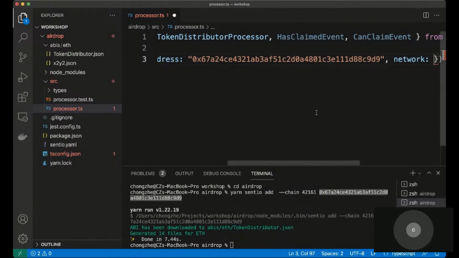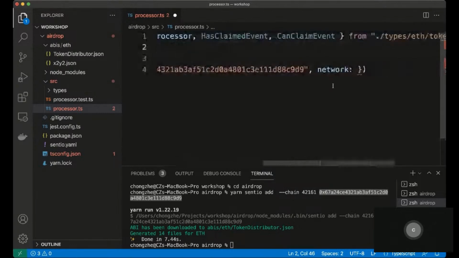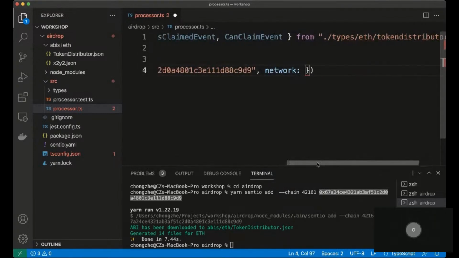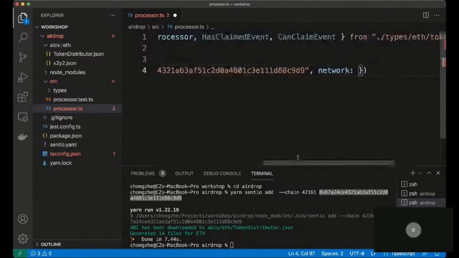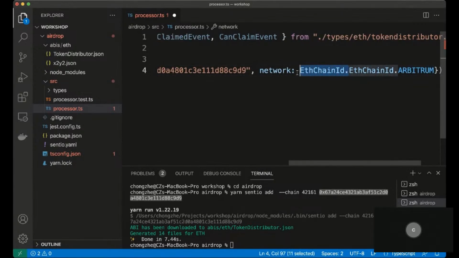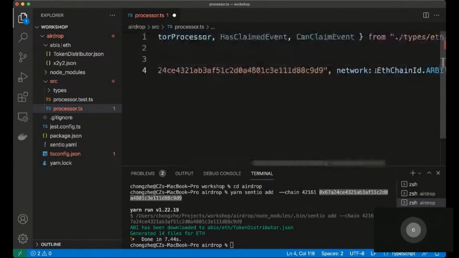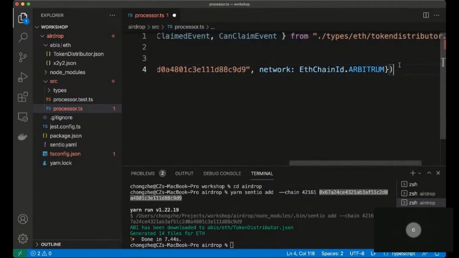In order to specify the network, you can import the ETH-chain ID class, and you can just specify the network by putting ETH-chain ID dot Arbitrum. Yeah, so that basically tells the processor to bind this address with this network ID, and then